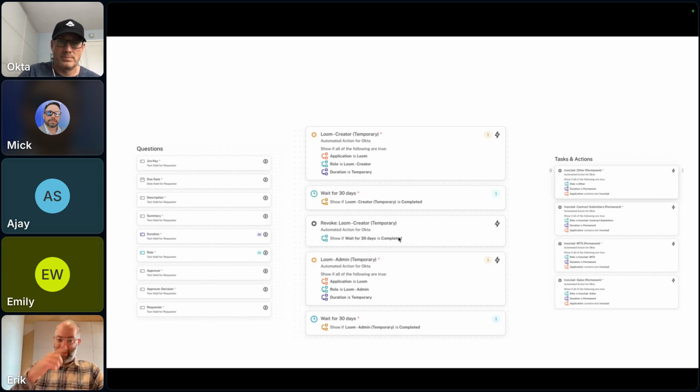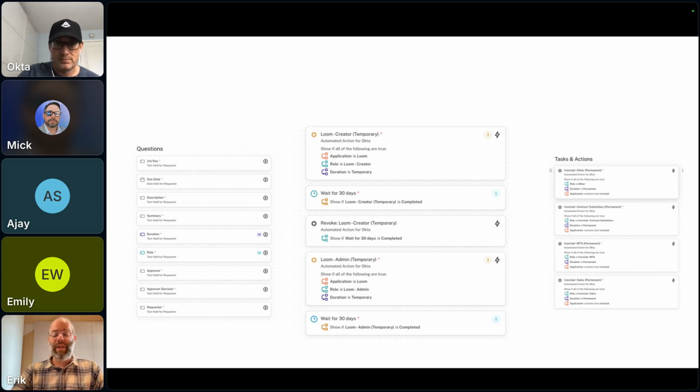And so this is very similar to what you would want to do in, say, workflows, because all of this can be done outside of workflows. But we were working in a state previously where workflows wasn't accessible to everyone. All of our IT team has access to access requests and to manage the system here.